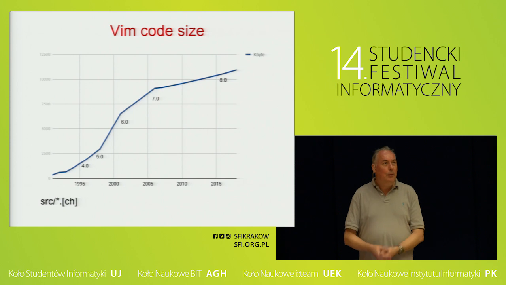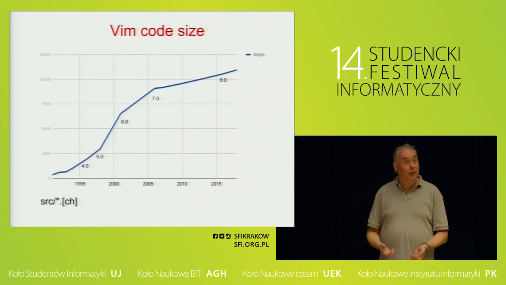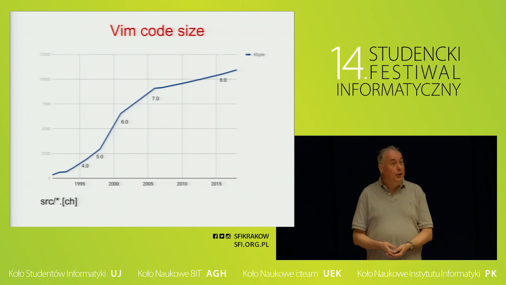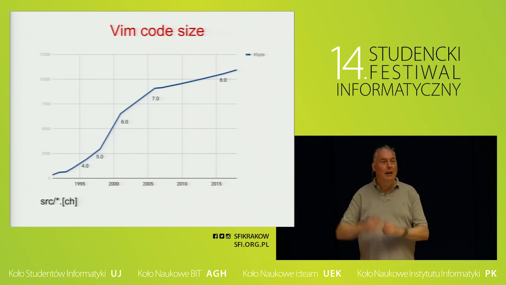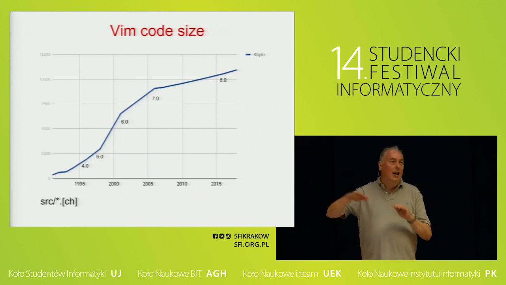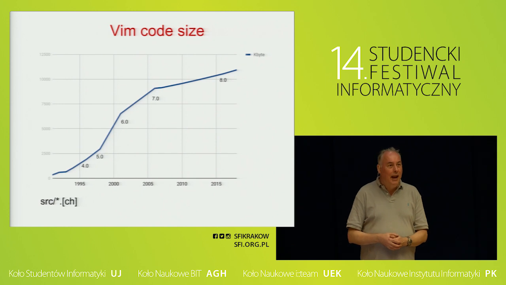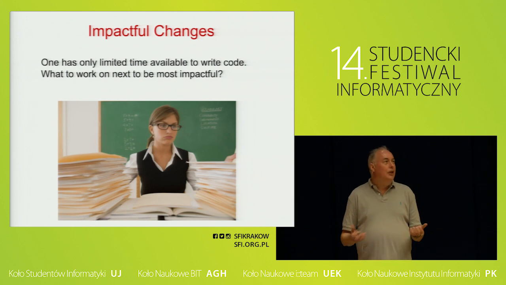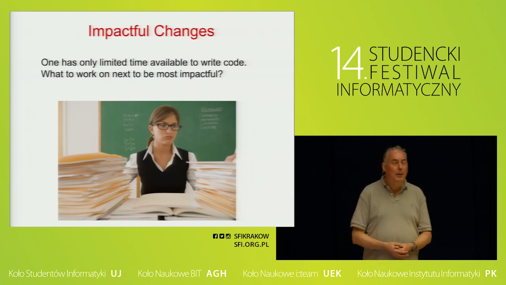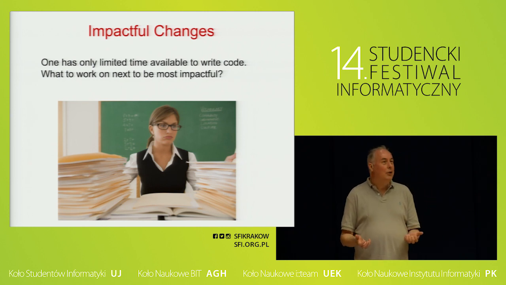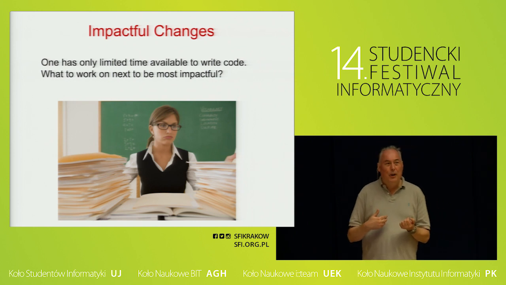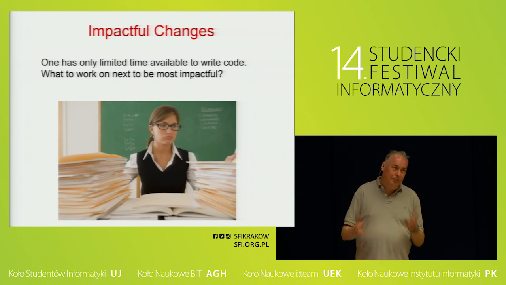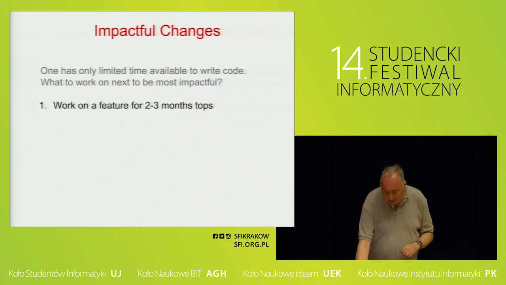All right, so what has happened to Vim over the years? Well, it has been growing, clearly. At first, pretty slowly. In the middle, there was a big flurry of new features, and a lot of code got added, and currently it's gradually growing. Now, when you decide to add a feature to something like an editor, there are so many things you could change, improve, add, and how are you going to decide? How am I going to decide what to do next? Well, I have some ideas about it.